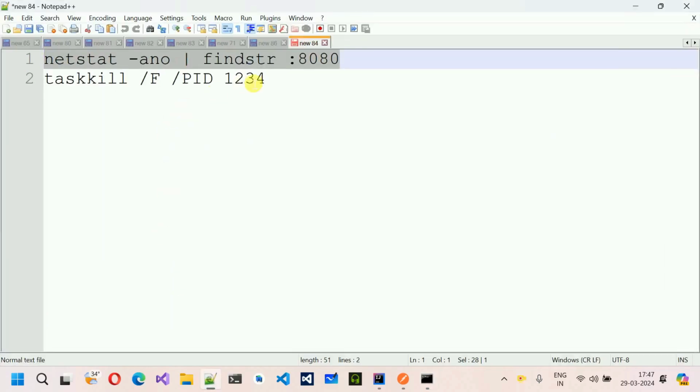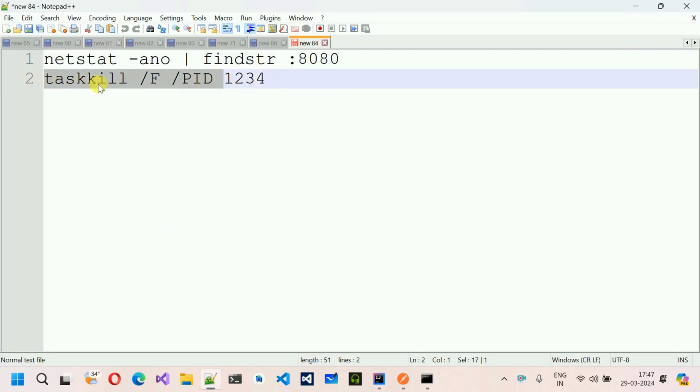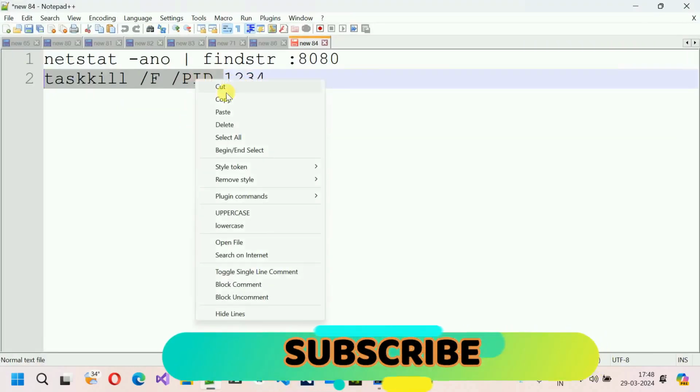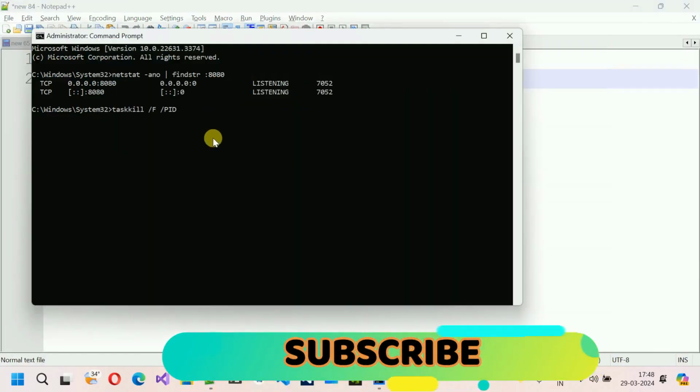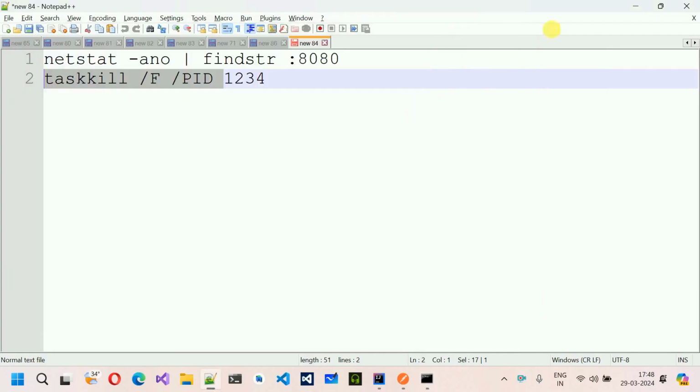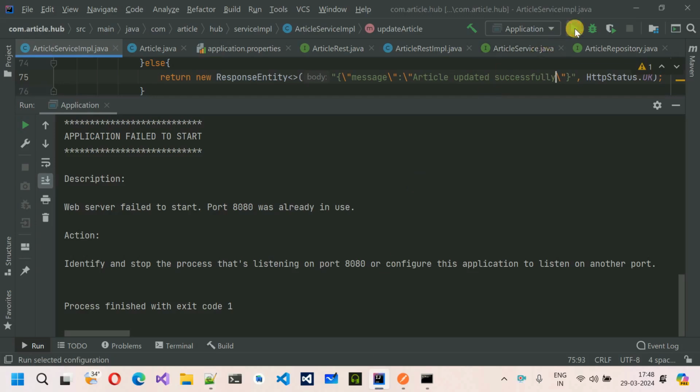So let me move back over here and just copy this one, taskkill /f /PID, that is the process ID. And you have to type 7052 and hit enter. The process with that process ID is terminated. If I try to search for 8080, here you can see we didn't get anything. So let me minimize this one and you can note down these particular commands by pausing the video. Okay, so next thing, move back over here and let's try to run the application